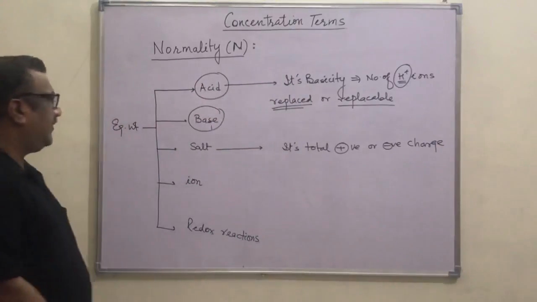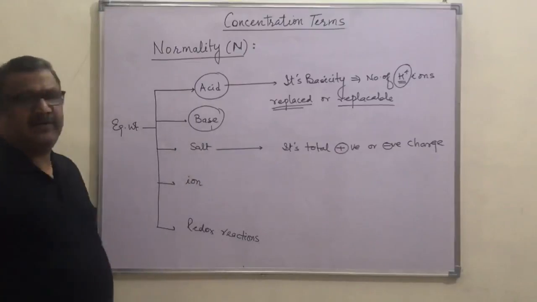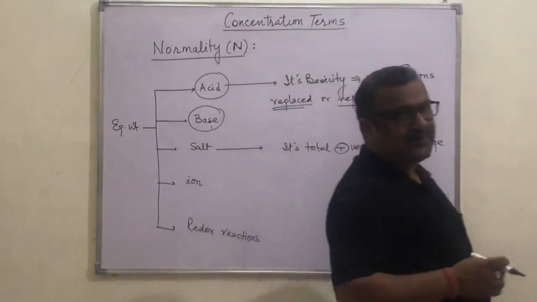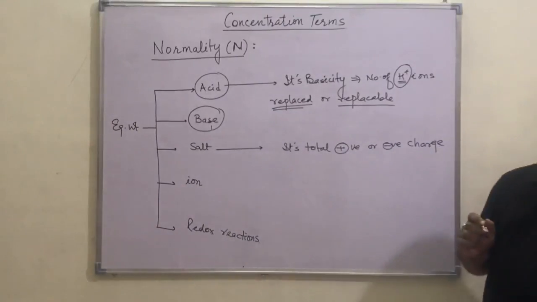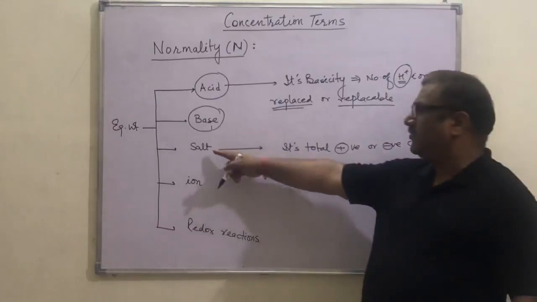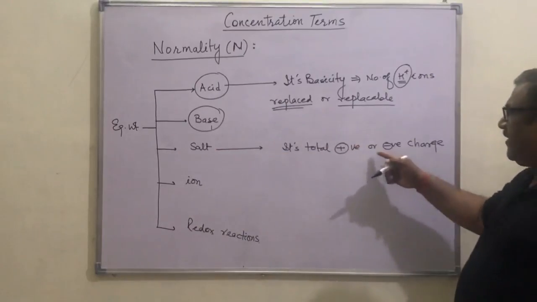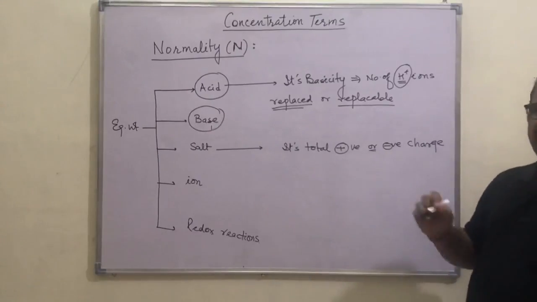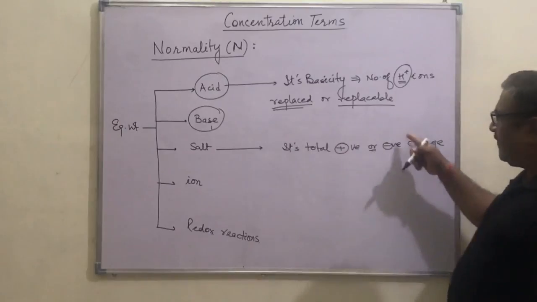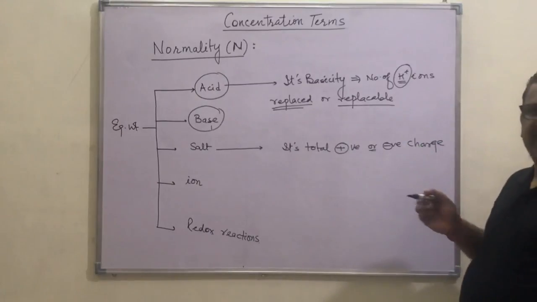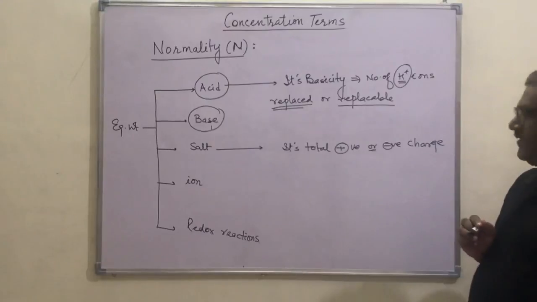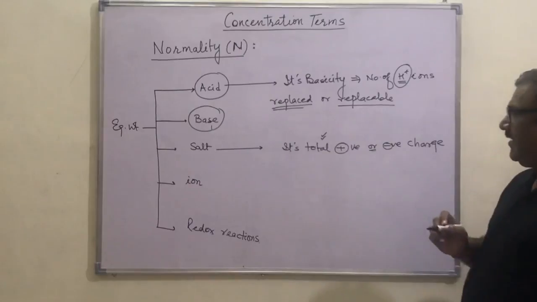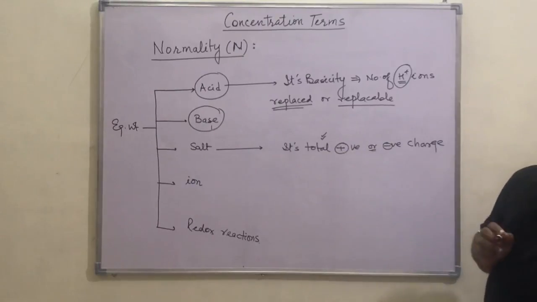Okay. Now we know that in any salt we will be having cations and anions. Cations will contribute positive and anions will contribute negative charges. And since salt is neutral, total positive value and total negative value will always be equal. So that is why we have chosen OR. Whether we are calculating with the positive value or the negative value, the answer will be the same for the n factor. But the thing is, whatever we are taking is total positive or total negative.